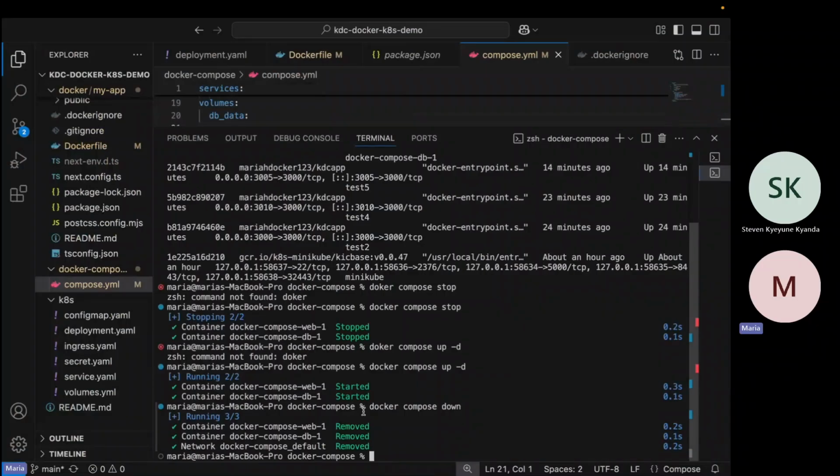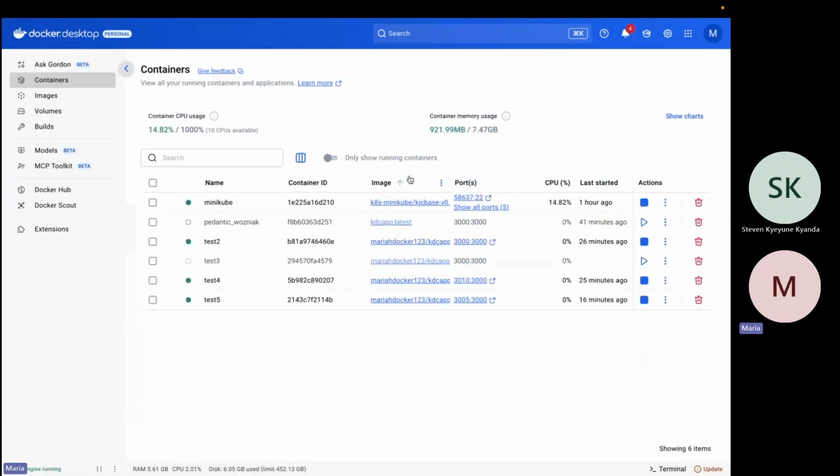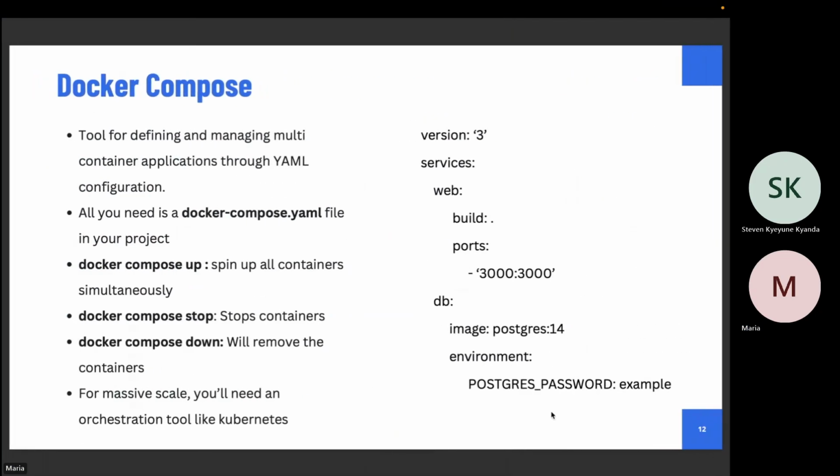So they've all been removed. Check your Docker desktop. Try to refresh. They should be gone. So any other question regarding Docker Compose? Does it make sense now that you have different containers, you want to manage them together, use Docker Compose?